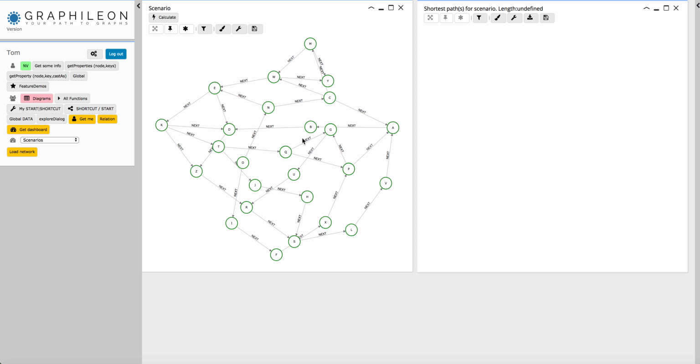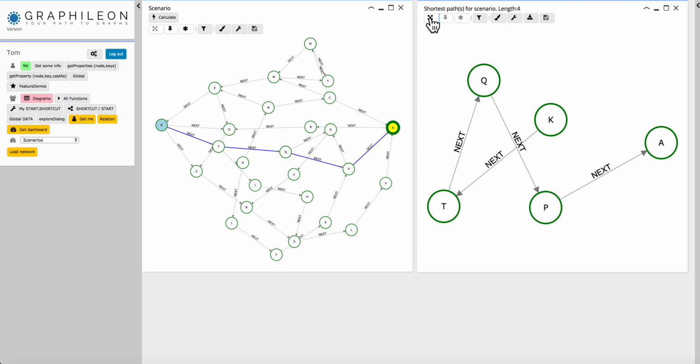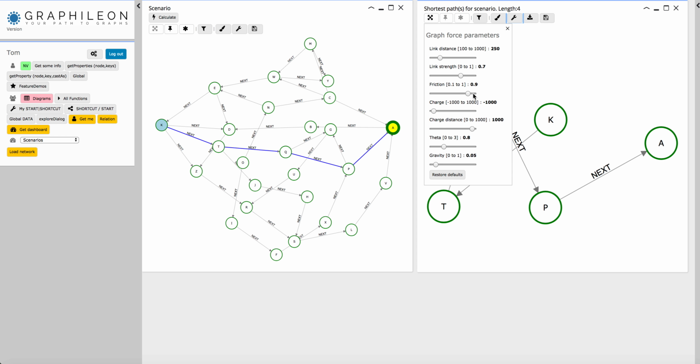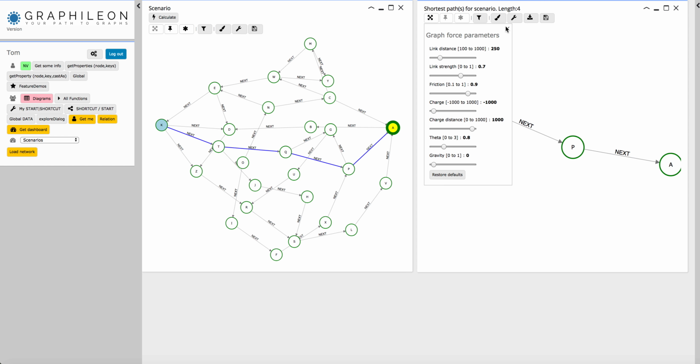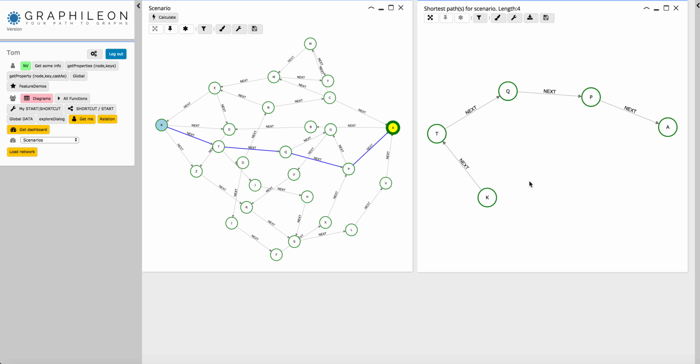applications, and you can switch on the nodes of the network. You can switch, okay, you want to make this the starting node, and it gets a color, and you can switch this to an end node, and now you want to calculate the shortest path. Okay, so this is the shortest path. So this is the path with the length 4,